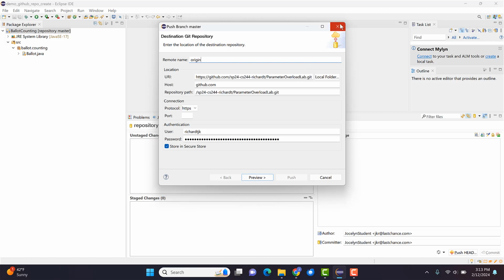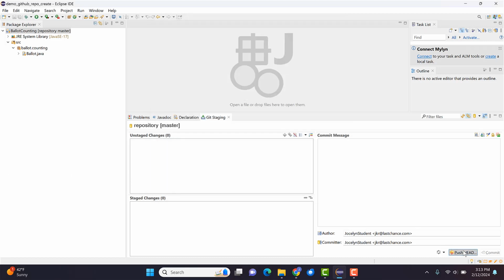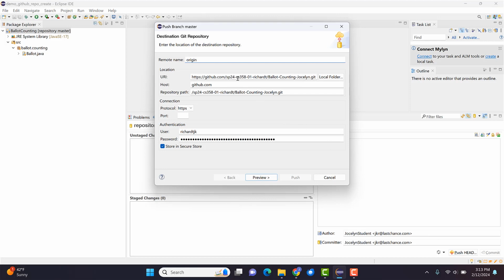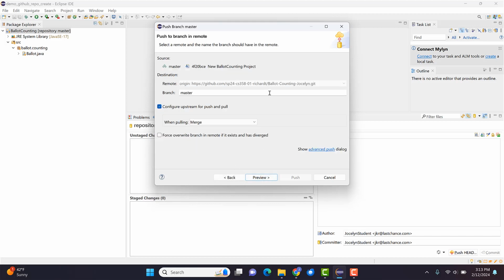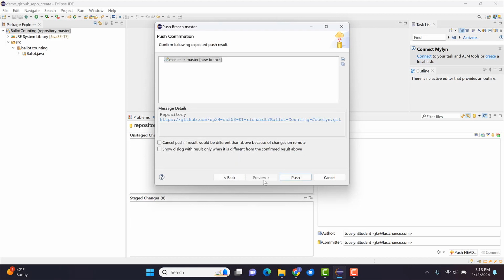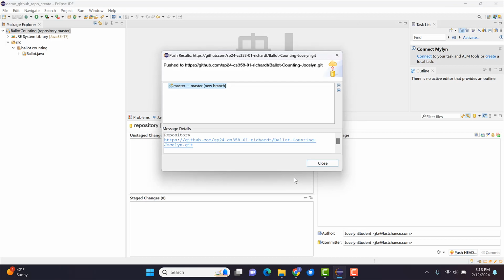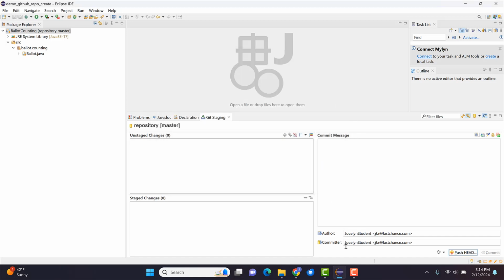I'm going to cancel this push. I'm going to click push again. And now you can see it filled in the information for me that I put in my buffer with the copy. And now I can go ahead and push this code to the master. I confirm that it did push to the master. And so now if I go to GitHub,